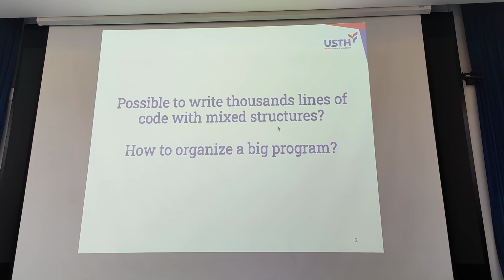What is the longest program that you wrote till now? Sixteen lines. Okay, sixteen lines. Do you remember in the first session we mentioned coding convention? What is the maximum length of a file?